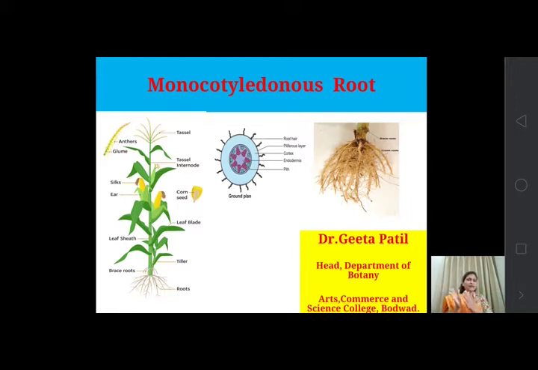Up till now we have differentiated only at the intra level. That means we have differentiated only on the dicotyledonous root and stem. Now we can differentiate between the root of dicotyledons and monocotyledons. So let's start with the monocotyledonous root of the maize plant. So here is the maize plant and the root is somewhat adventitious type.